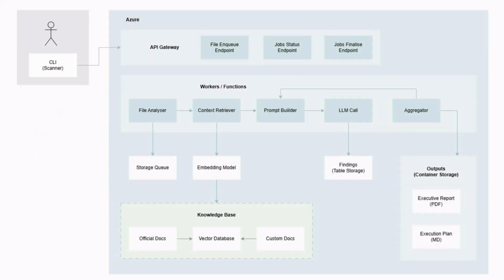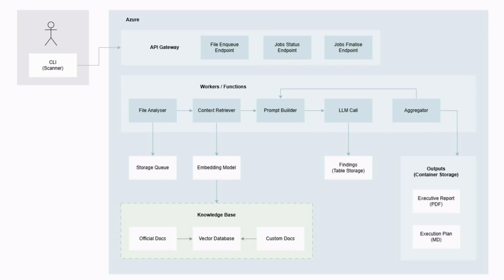And so at a high level, it ended up looking like this. On the top left, you use a CLI tool to scan your repository, and then everything else sits inside of Azure using mostly Azure AI Foundry and a set of services. So the CLI queues up all of the files for analysis. The workers do the analysis job. They fetch context related to each file from a knowledge base, which is essentially an Azure AI Search vector